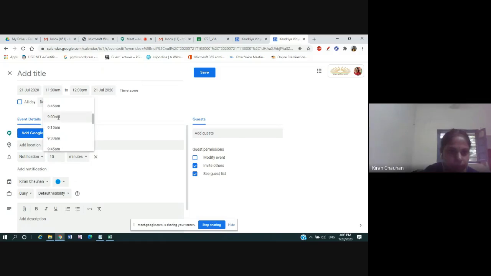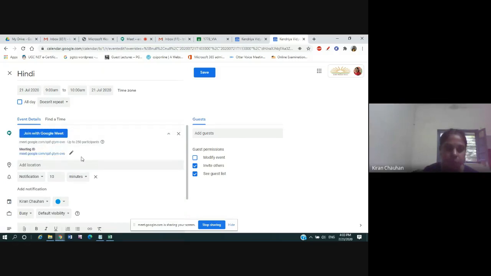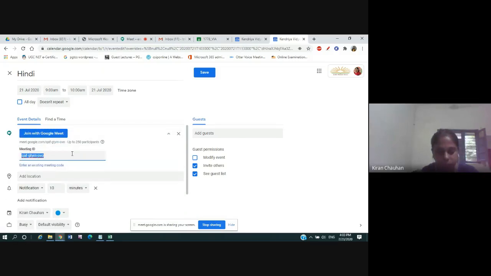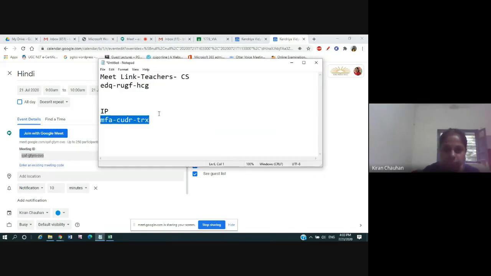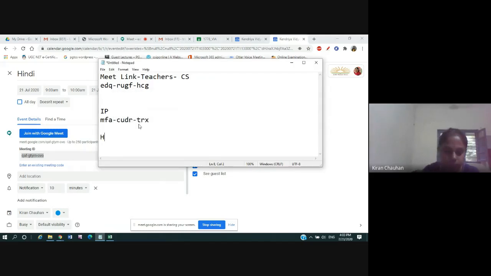So 9 to 10, now I will write Hindi. Hindi, IP, Maths and Sanskrit, all the classes can go on at the same time. Generate a link, click here, copy the code, Control C, and keep it in a file for Hindi. This is the first time I am creating a code for Hindi, so I will write it here.